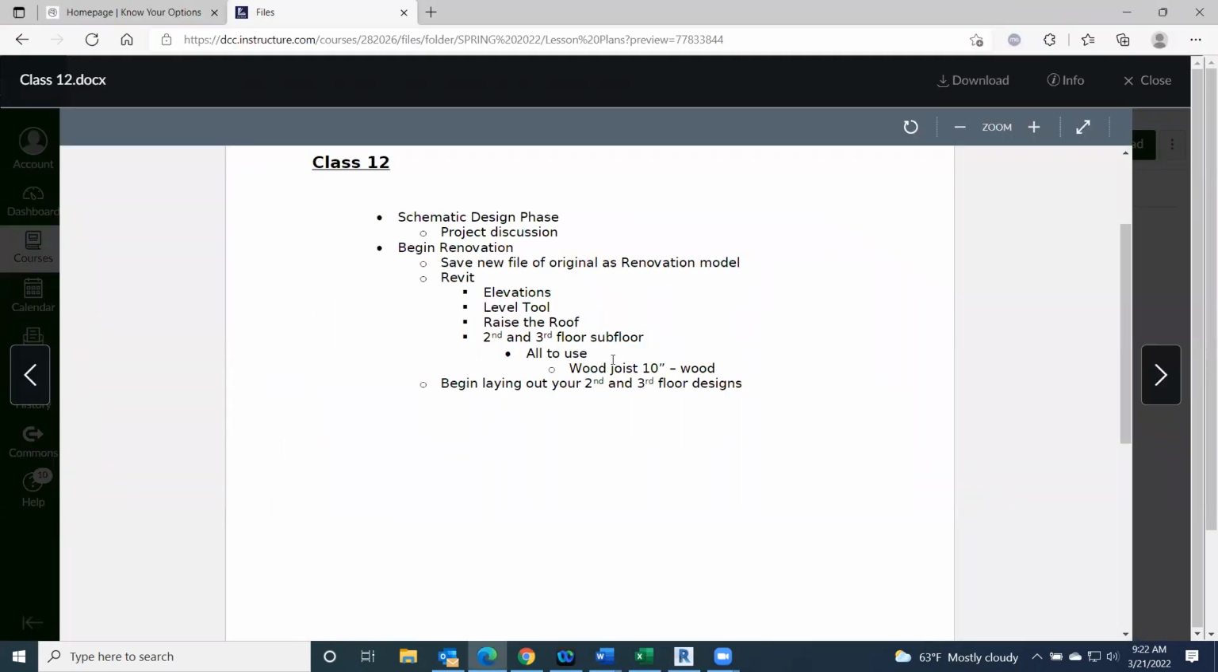All right, so we're going to add our wood joists for both of those rooms. And then pretty much that's it for the lecture today. And then you can begin laying out your second and third floor ideas, how you want those to look. In fact, I would recommend sketching something, and you can even upload the sketch and we can talk about